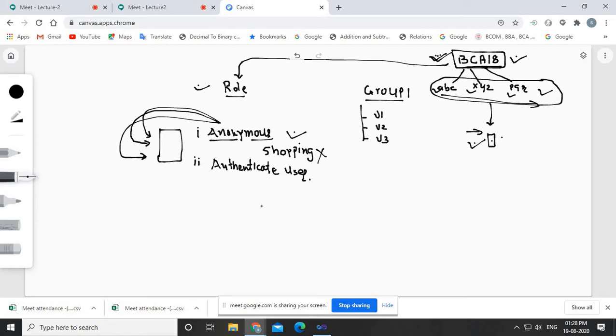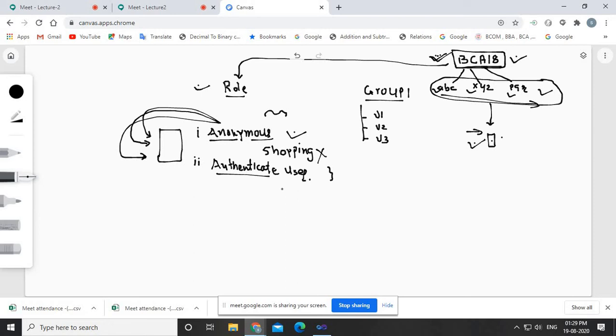Authenticated users are those users who have given a username and password. That person has passed through an authentication process, and that person is a valid user. So what can an authenticated user do? Obviously whatever is allowed for the anonymous user, everything we are allowing to the authenticated user.